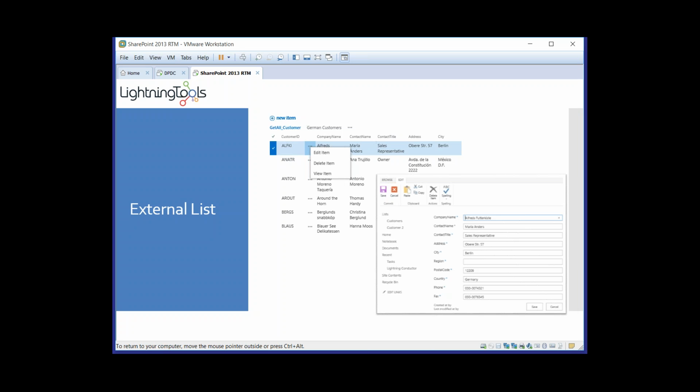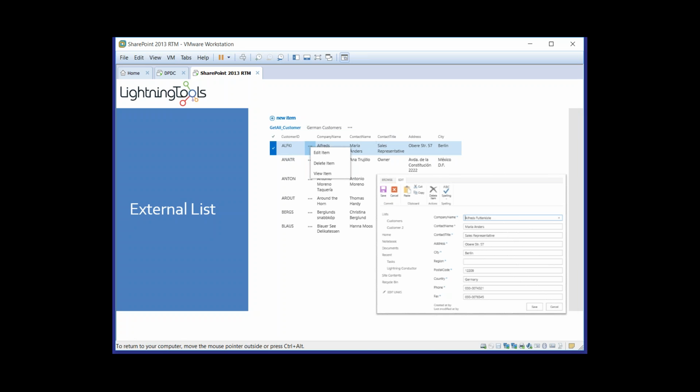It's basically a table of information, and we're going to make that available using the finder method. Each of these finder methods can have filters applied to them, so that allows the end user to filter the content, and you can also create multiple finder methods. Inside my external list I've got something called get all customers. That is one finder method, and next to it I have German customers, which is another finder method. We can create as many of these as we like, and when the user creates an external list, it will automatically build those views for them and apply the